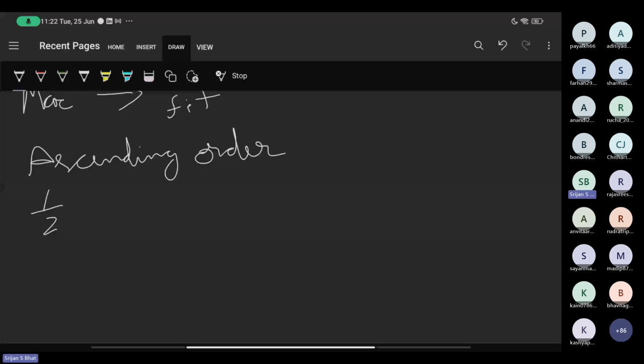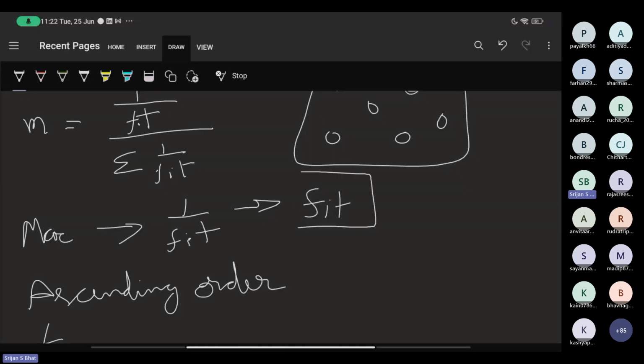Your fitness would be defined as the objective function, and when you reach the maximum value, you will have the max fitness.